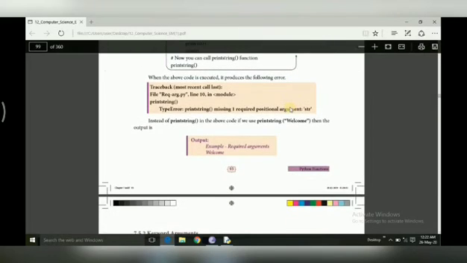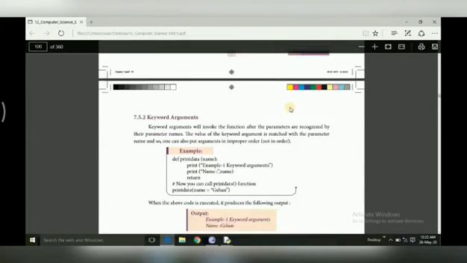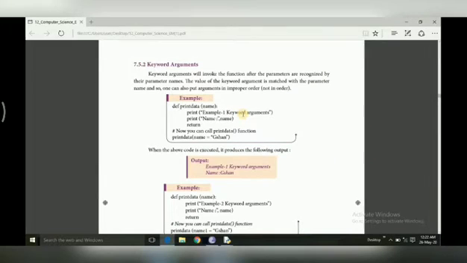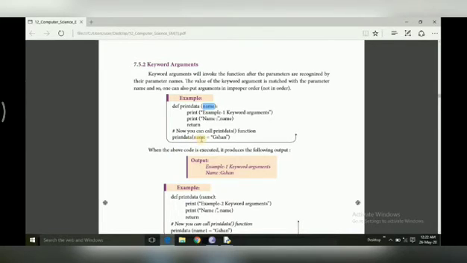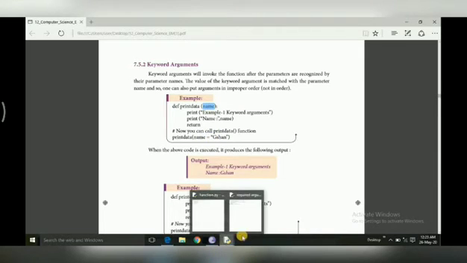Next, we will discuss the keyword arguments, children. If we see the example in keyword arguments, name is used as a parameter. The keyword here is name. So, in the function call, I am going to type the parameter name with the argument. Here the argument is Jishan. Usually passing the argument alone is enough, but in keyword arguments, the parameter name can be used with the argument. This will be helpful in some cases, children.